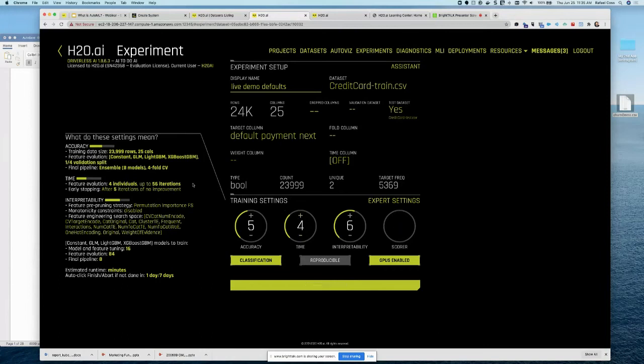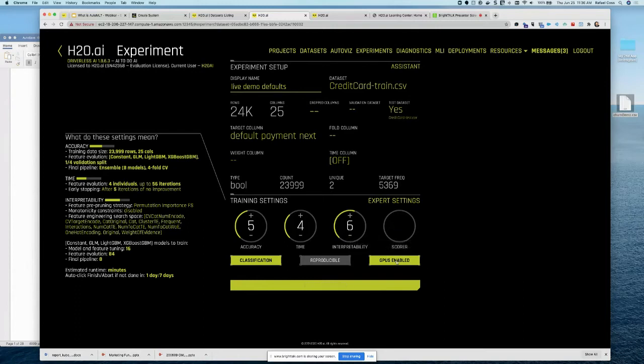And time is not in minutes or hours. Time is an effort, right? So this is really looking at the number of iterations that you're going to go through. And lastly, interpretability, you can think of it as also kind of complexity. How complicated of a model do you want to consider, right? In particular, in some regulated industries, like finance in the United States, there are certain algorithms that you can leverage to report on and explain in a regulated industry. So you want to leverage only those algorithms, and maybe only particular sets of feature engineering techniques. So you don't want to make it necessarily too complicated, right?